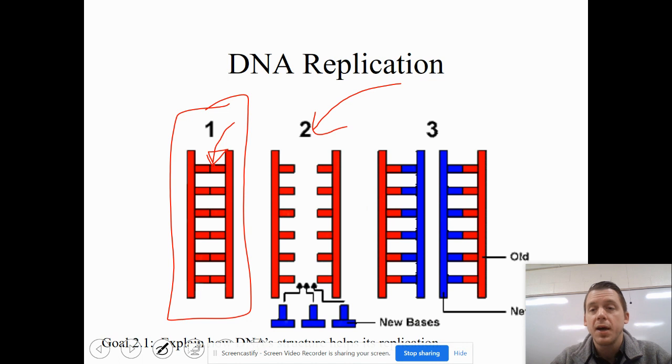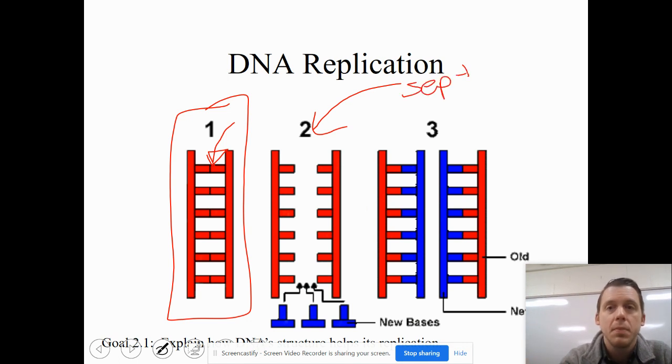And as we already learned, hydrogen bonds are weak. They're strong, but they're weak, kind of like a Post-it note. So those hydrogen bonds are easy to break. And so the very first step and part of step number two is we have to separate the two strands of DNA as you see in the picture. Separate the two